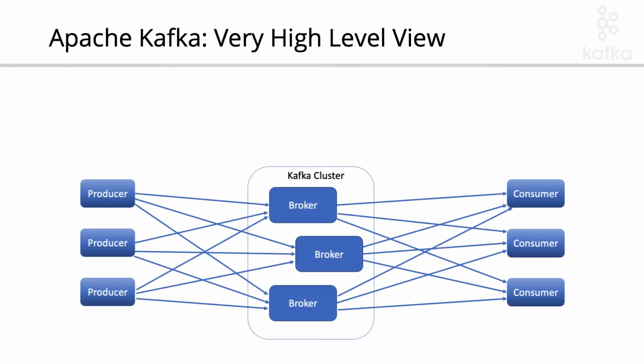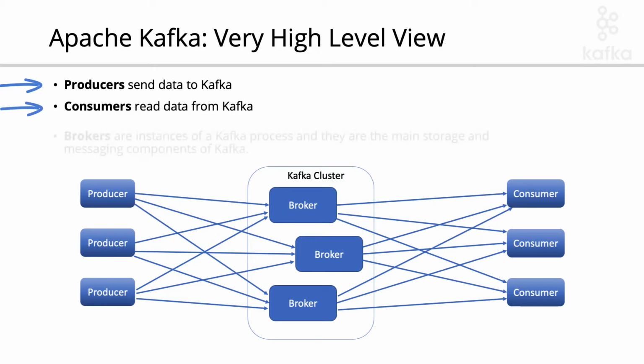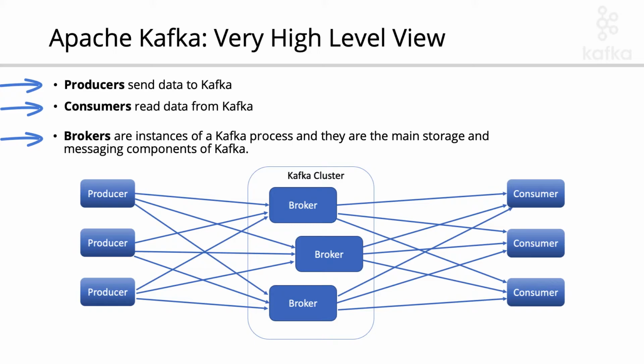Okay, this is a picture of a Kafka cluster seen at a very high level. It's a Kafka cluster including producers and consumers. Producers and consumers are the clients, the brokers in the middle are the servers. So producers are the source of data, consumers are the components that process the data, and in between we have the Kafka cluster. The brokers are what make up a Kafka cluster. They are essentially the main components of the messaging system. So the broker is a server that can be on bare metal, on virtual machines, on cloud, and even on a Raspberry Pi in theory. So the broker is an instance of a Kafka server process and it basically stores and organizes data.